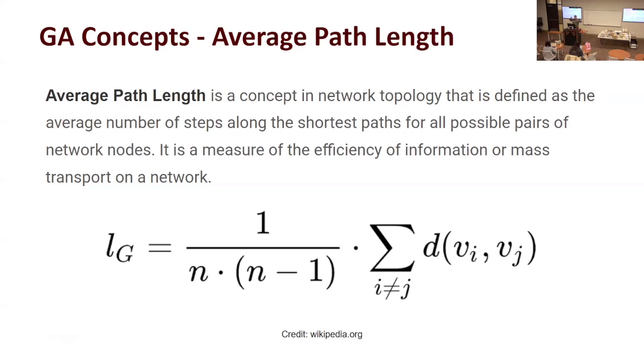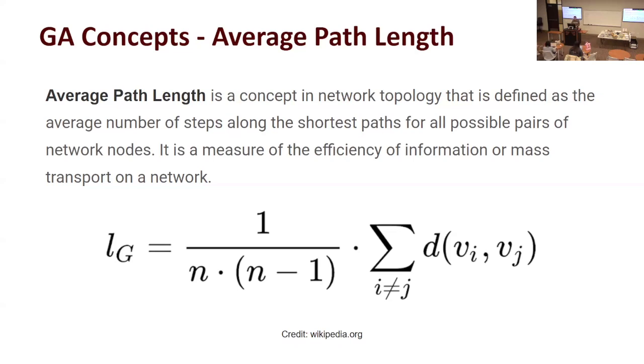You keep doing this counting and trying to calculate all the possible shortest paths between all the nodes. You sum them up. Since we don't have loops, this i will never equal j, because you don't have node A going to node A, you only have node A going to B, C, D, etc. So you find out the shortest path to go from A to all the other nodes. You sum them up. It's just simply a numerical, integer number, natural numbers. You sum them up